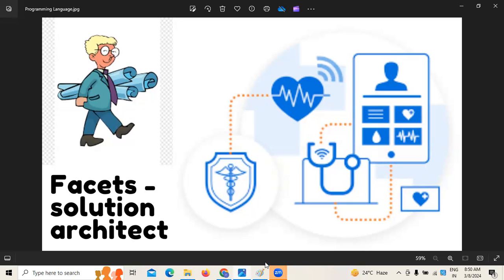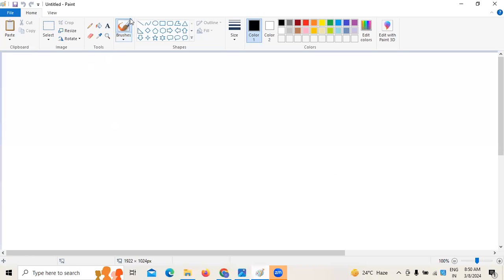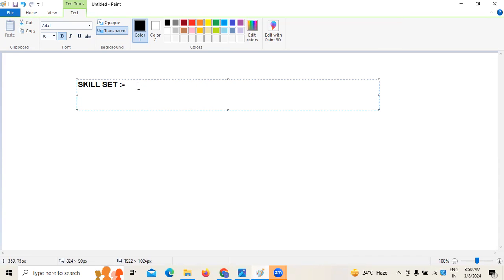That's something we are learning today. Now, I think you have an idea what Facets solution architect roles are all about. Now, I'm going to explain the skill sets required. What are the different skill sets required for anyone to become a Facets solution architect is something we are learning today. So when it comes to the role of a